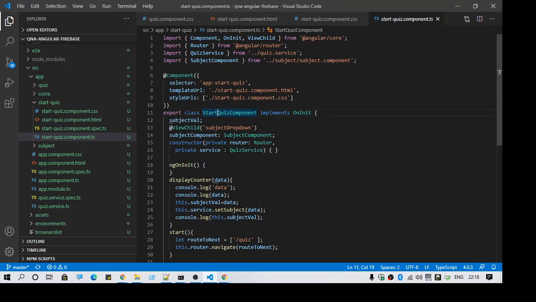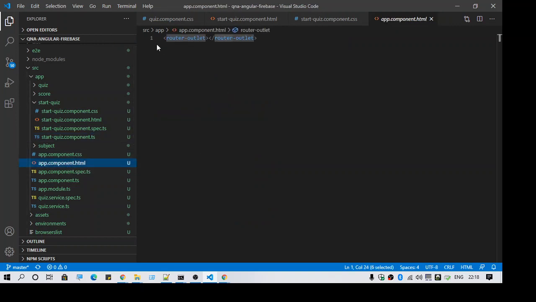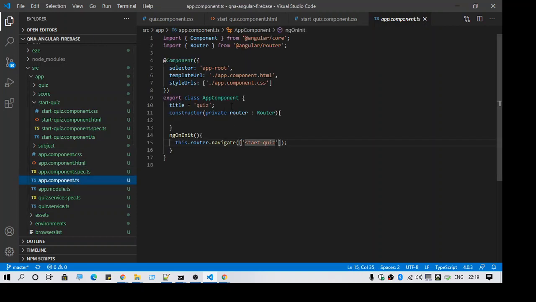So let me come to the app component. It comes here, and here we have specified the router outlet. The component will be inserted in this. Whatever component the router returns will be inserted here. So what is actually the router returning here? If you see here,